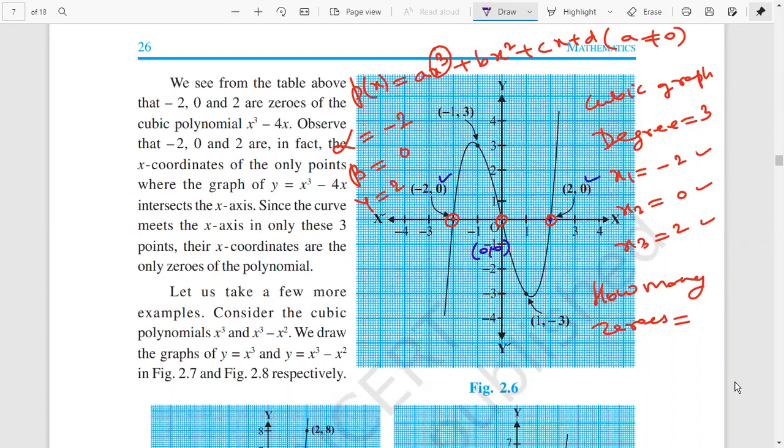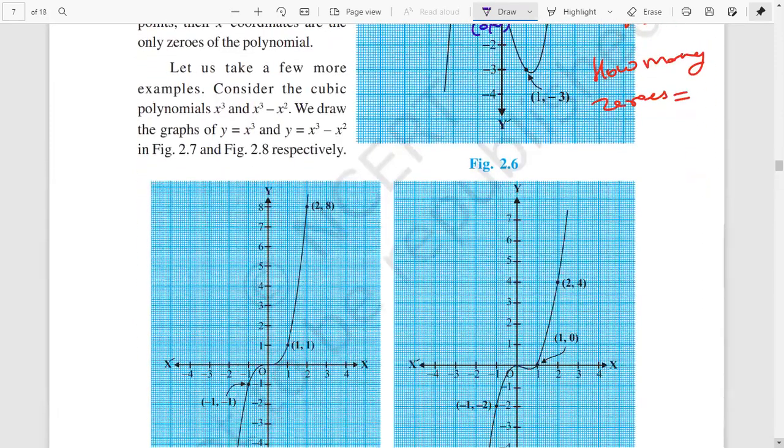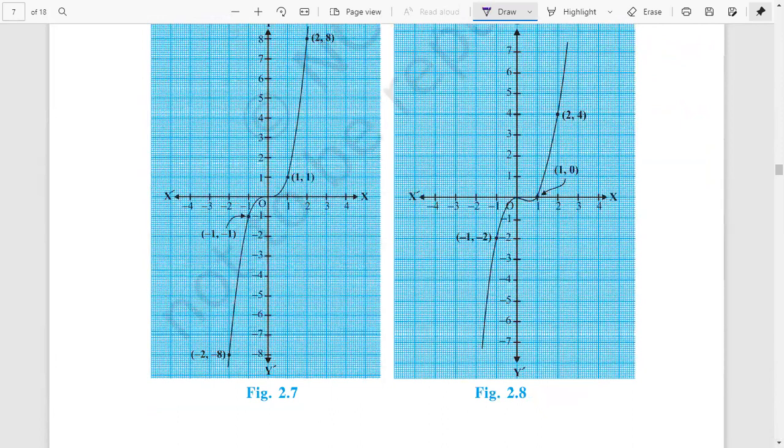Here also y is 0. So every time, that's why we select x axis points. At the x axis only y is 0. Correct. Now for these two questions,